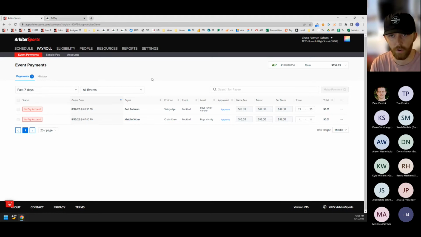for the school side of things. There may be some times where things don't go as expected, if things aren't showing up on the list like they should, or the wrong official is paid, but those can be cleaned up by communicating with the assigner, using Simple Pay, adjusting the fees here, and that sort of thing. So I think that kind of covers it, but